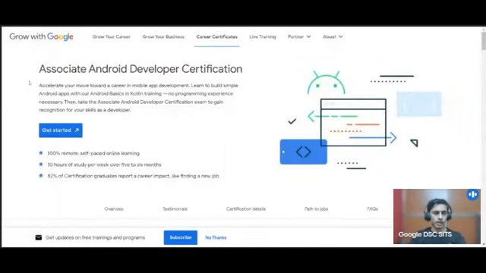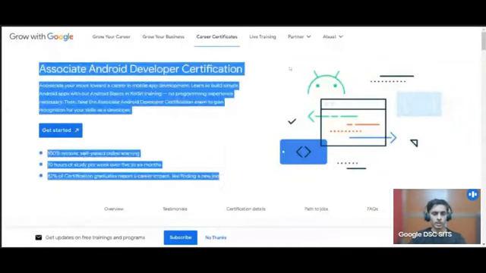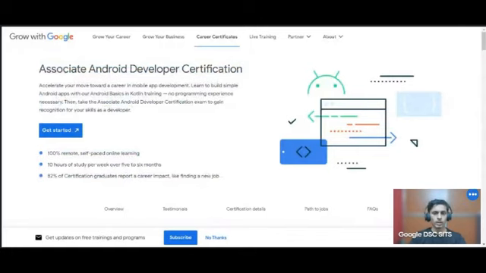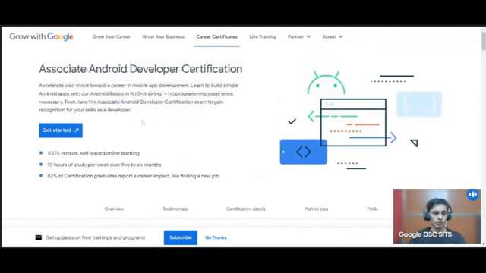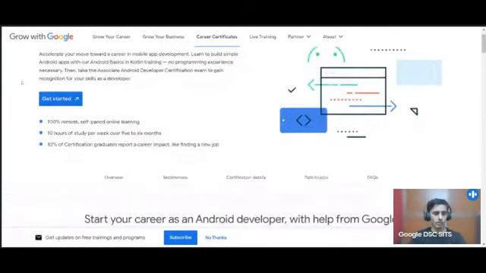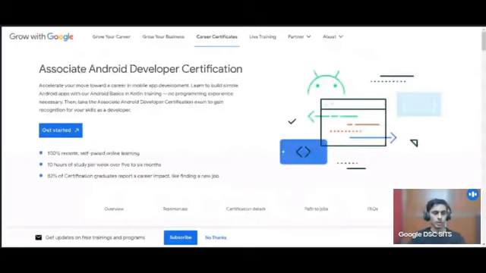So this is the Associate Android Developer certification. The course which you will be completing, which comprises 60 units, will help you prepare for this certification. You may get a chance to get 80% reimbursement for the certification. And if you are giving this exam, you can give it from anywhere.